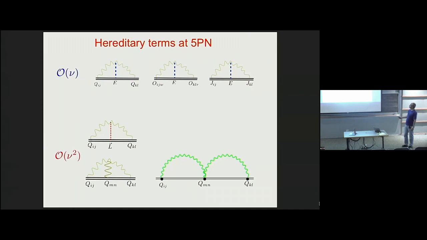Then you have to add the other multipoles. So that is the mass octupole, the magnetic quadrupole on this side. And then you can enhance this by 1, and you will obtain the mass dipole, which is 0, because you're in the center of mass. And then the magnetic dipole, which is the angular momentum in this language. So we have this diagram. And the two diagrams which will give troubles, the so-called memory diagram and the double emission.